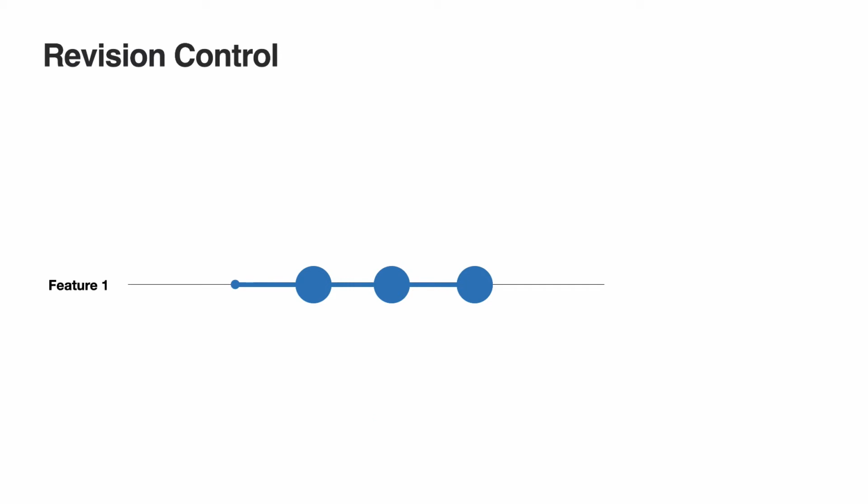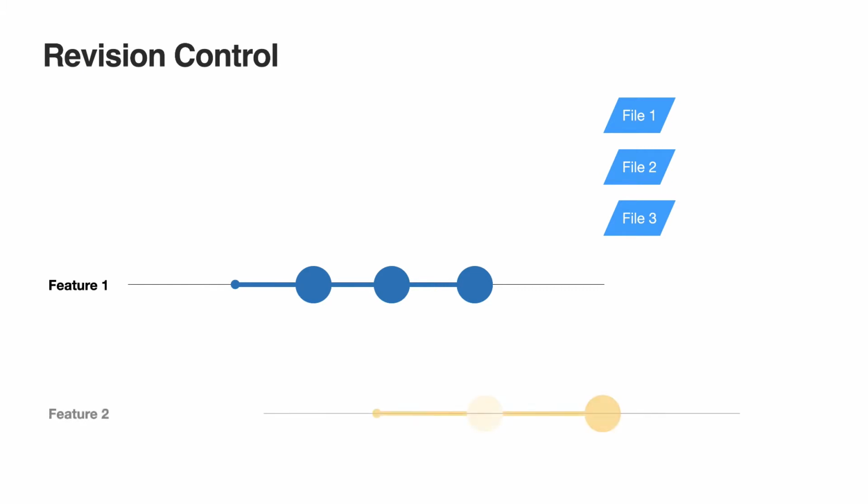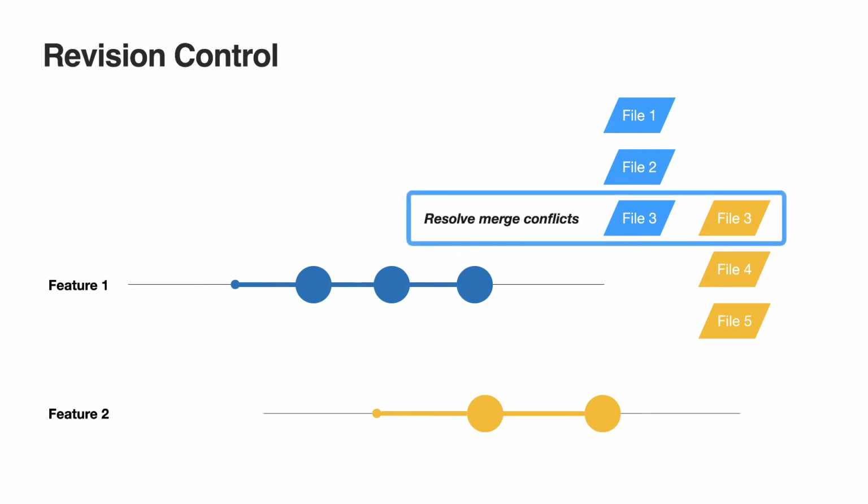Revision control tools track changes on a file-by-file basis. Suppose the first developer's work involved making changes to these 3 files. If the second developer didn't touch those files and instead worked in an entirely separate area, then there's no problem. But if the second developer also made changes in the third file, then the merge conflicts will need to be